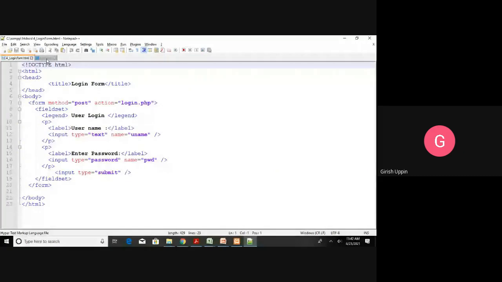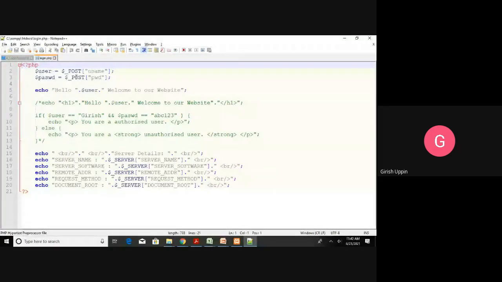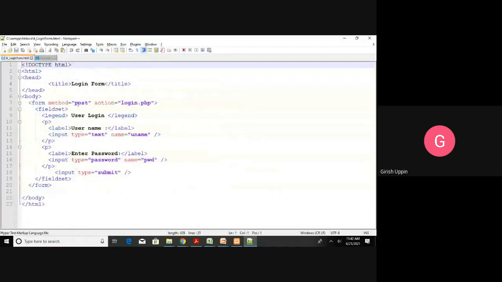Here this is a POST method. You can see the POST method. So $_POST will have the form related information, the name and the password. Then it says welcome to our website. And then these are the details. I'm having two new lines and a server details heading concatenated with a new line, then echo server name.